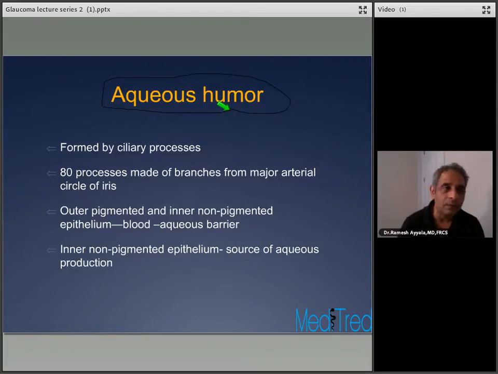And as you know, if you see a patient with hypotony, the patient is not going to see well. So the other important function of aqueous humor is to maintain the intraocular pressure of the eye,